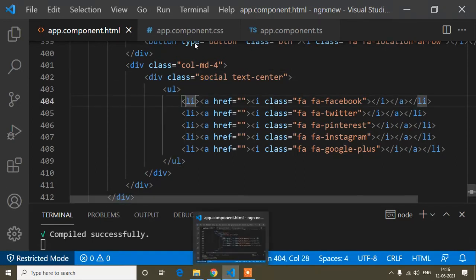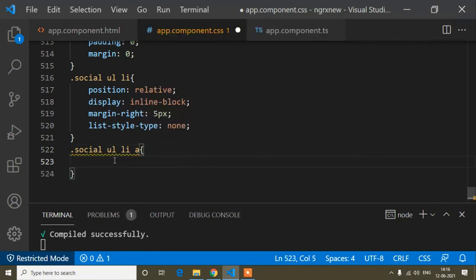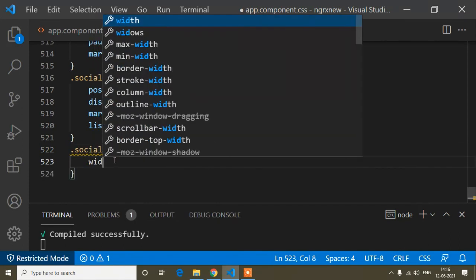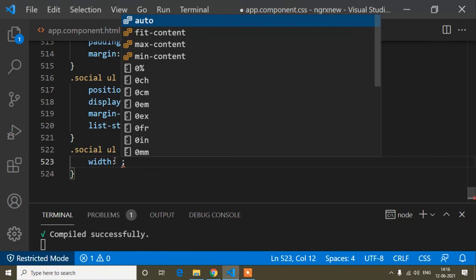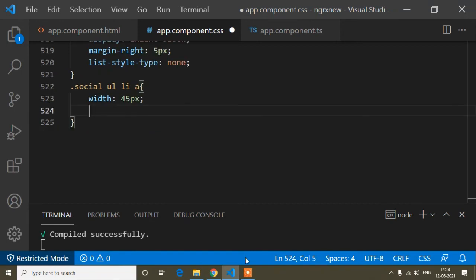So now here I will copy this one, paste, anchor tag, and now I will add the design for this anchor tag. So first of all, width is 45 pixel. I will make this icon round, and now height.